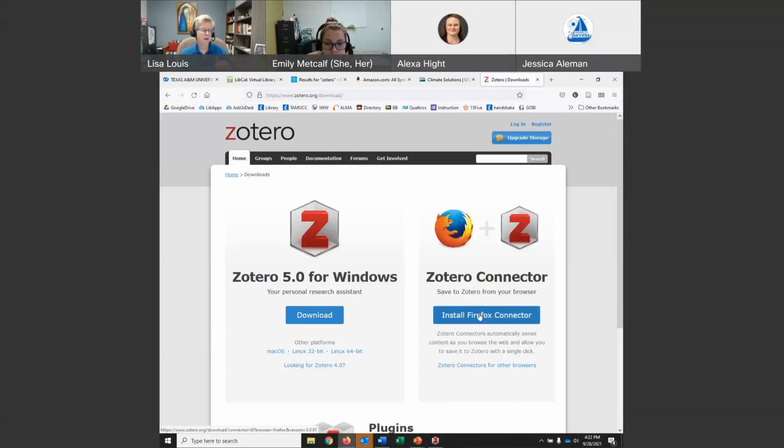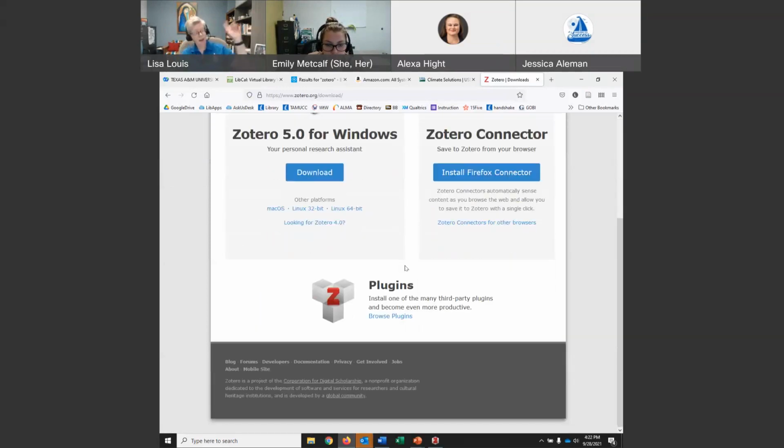And there are other connectors, so if you would prefer not to use Firefox, you can. But Firefox has always been the browser of choice for Zotero. So feel free to try other browsers. I use Firefox with it. The button for that connector is here, the button for other browsers is here, and then if you scroll down, this